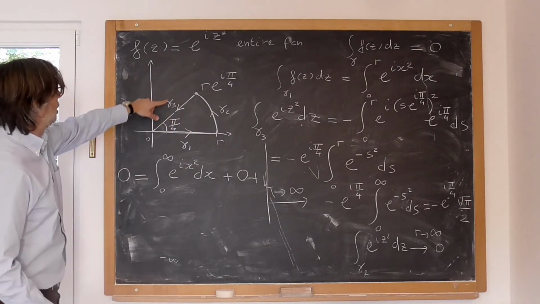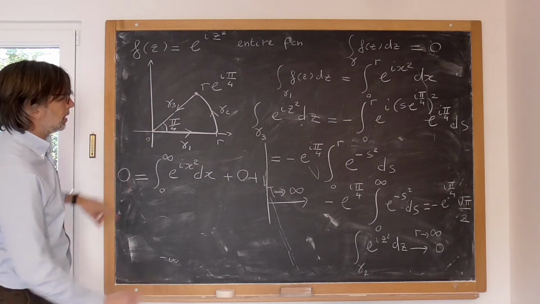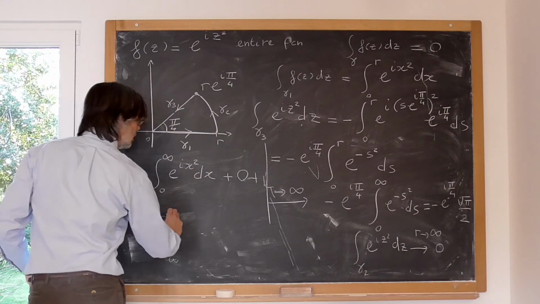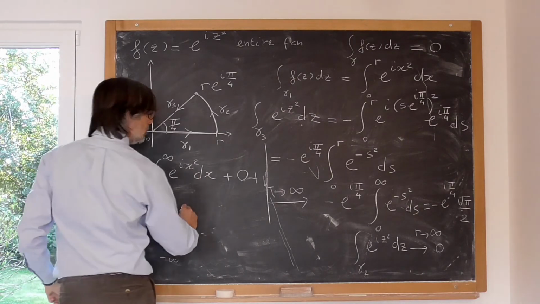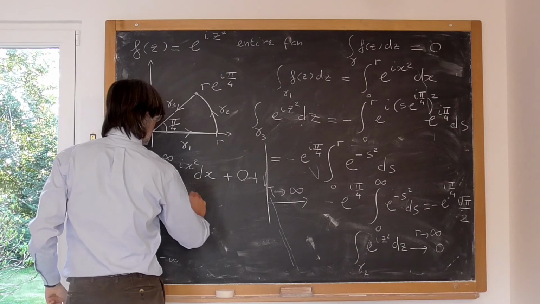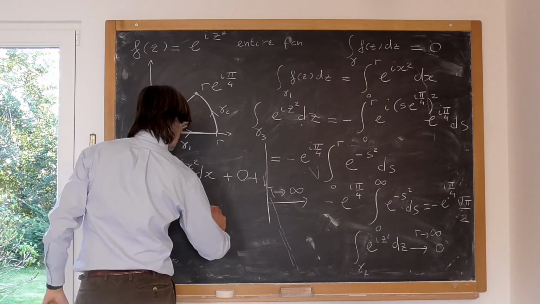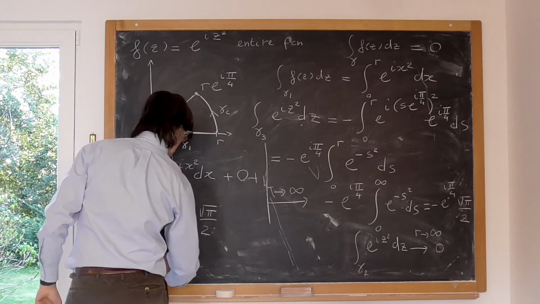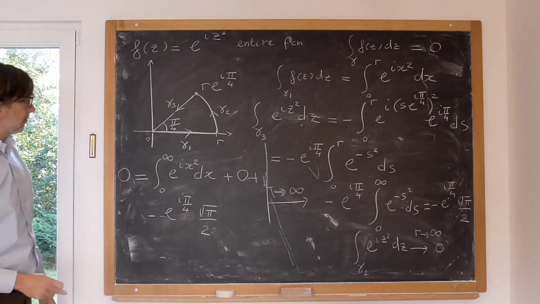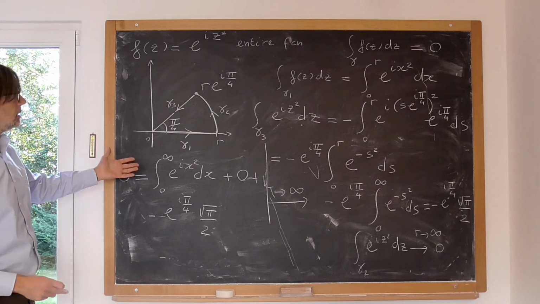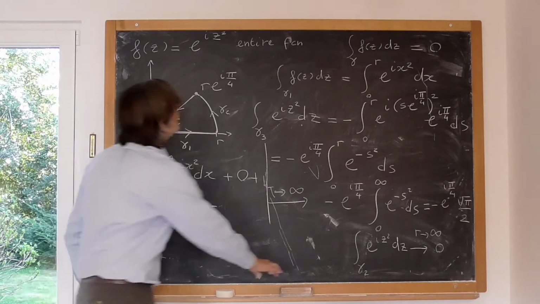Plus the integral over gamma 3, which is minus e to the i pi over 4 square root of pi divided by 2. Okay? So this identity implies,